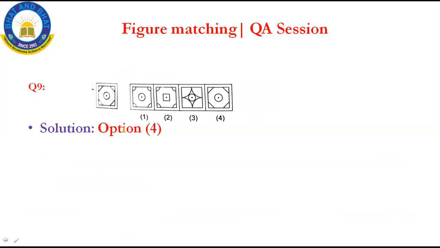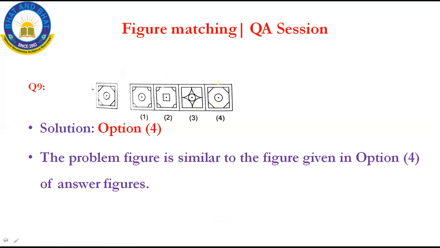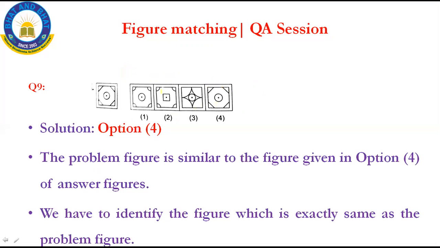And then the 9th one, yes, see, it looks very beautiful, isn't it? You have to observe. Now we'll analyze this. Yes, a square consists of 4 corners, and then a circle with 1 dot. Now, why is the first one not the correct answer? Because see here, the corners are drawn with a straight line. Here it is drawn with a curve. So option 1 is the wrong answer.